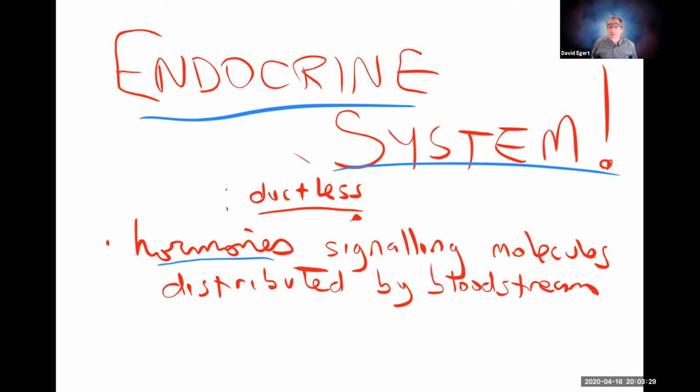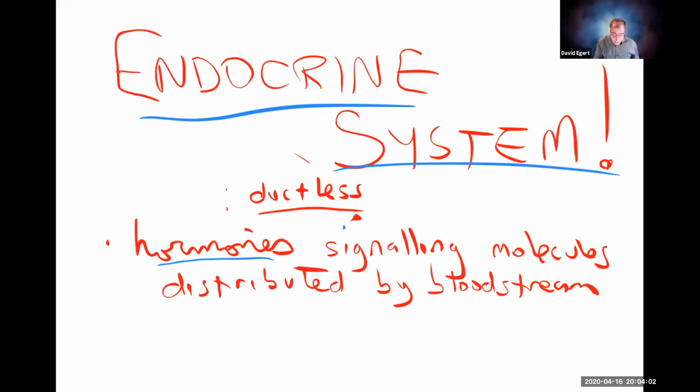Your heart actually secretes hormones. If your atria are too stretched out, your heart will release a hormone to try to lower your blood pressure. So just kind of putting that out there. We are going to focus on the more formal cast of characters, again, the pituitary gland and the adrenal gland and all that. But hormones are used by other organs as well to signal and to control and all that. So